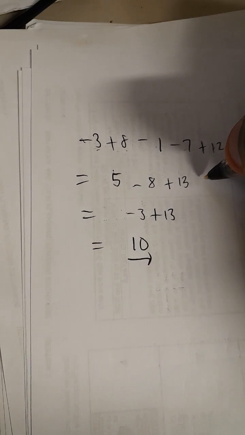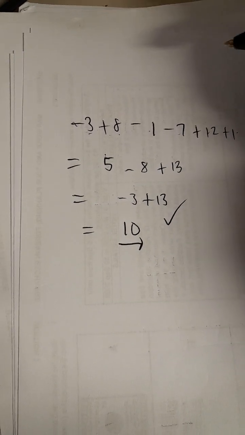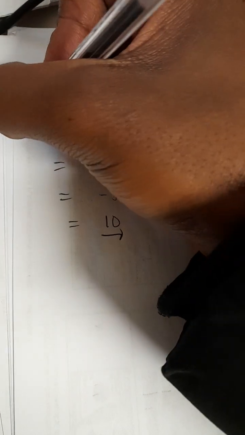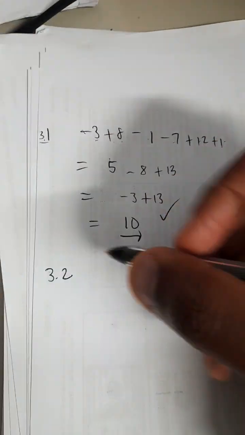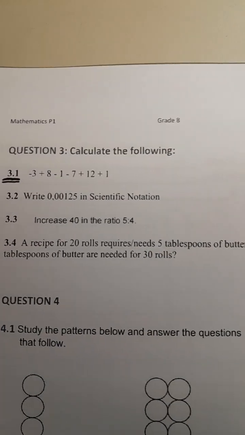Alright, so this is basically how we can step by step come up with the answer, so that people can see that what we've done is what we've done. Okay, and please, 3.1, that was the question. 3.2 says write